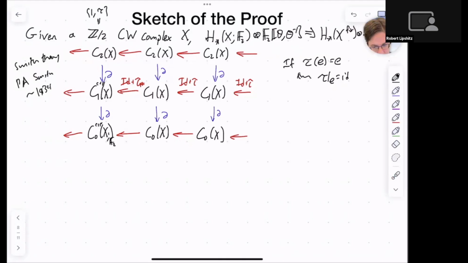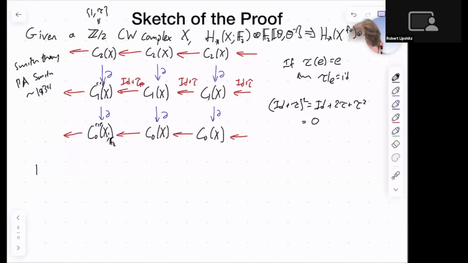So now, why is this a bicomplex? Well, if you take id plus tau squared, this is id plus 2 tau plus tau squared. 2 is 0, and tau squared is id, so that's 0. And because tau is a chain map, each of the squares commutes, so you have a bicomplex. A bicomplex gives you 2 obvious spectral sequences. You can take homology vertically first or homology horizontally first. If you take homology vertically first, that is, you use the horizontal filtration to induce a spectral sequence,